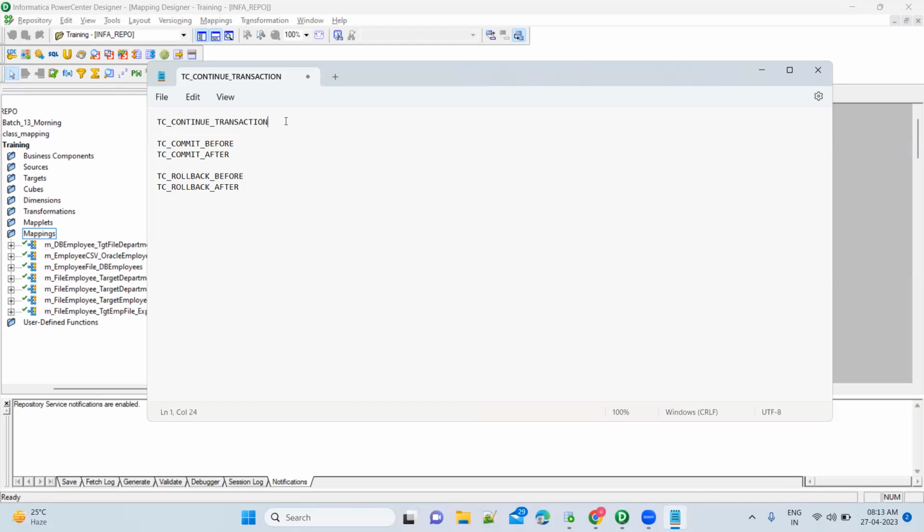Continue means it will continue the transaction in the flow. It won't do anything. It won't commit or roll back. Continue the transaction with the current row. Whatever row it is processing, it will continue with the transaction. So commit before means it will commit the data, whatever it processed till now,